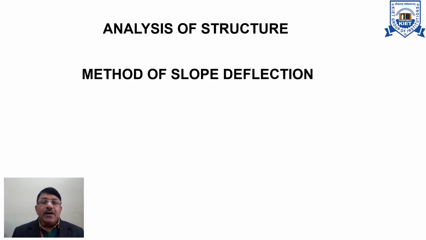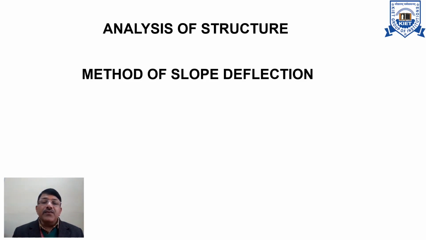So, as we have discussed in the previous lecture, we'll assume each part as fixed at the ends. Then we'll find out the fixed end moment at the ends of this part due to the applied loads. Then we'll allow each end to rotate. Then the moment required for this rotation at this end and the moments induced at the far end due to the applied moment at the end under consideration will be